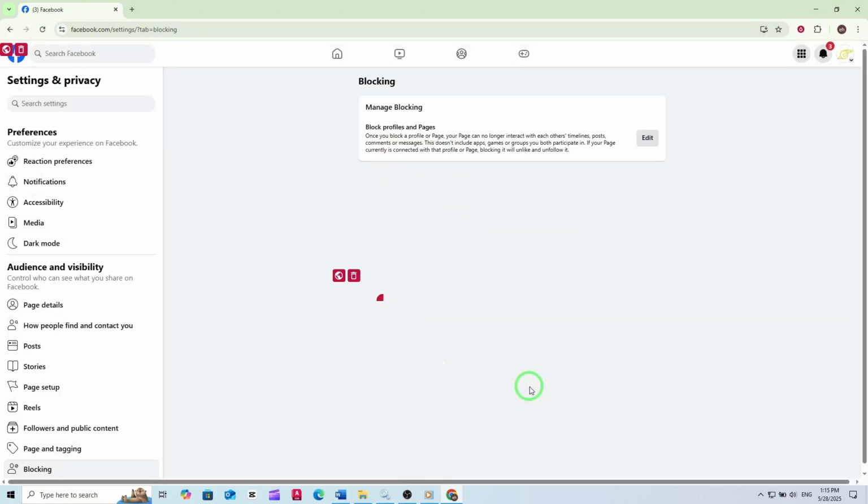Blocking someone means they won't be able to interact with your page or see your posts, helping you maintain a